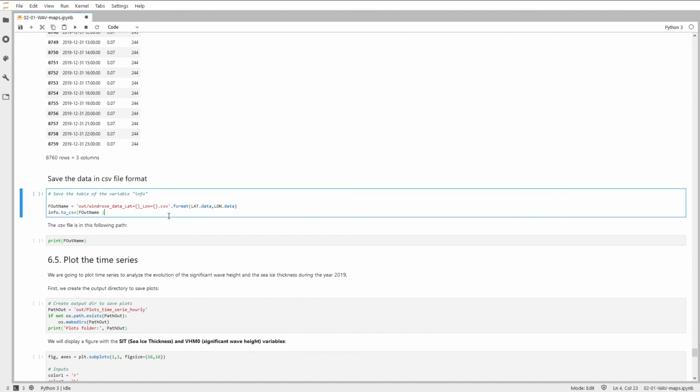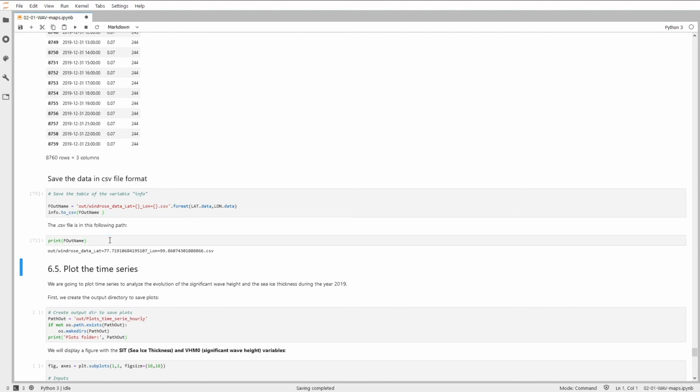We can save this data in a file in CSV format and store it for later analysis. It is stored under the name